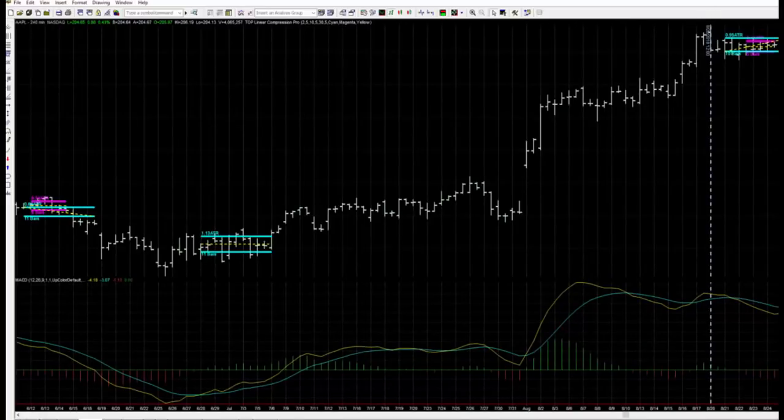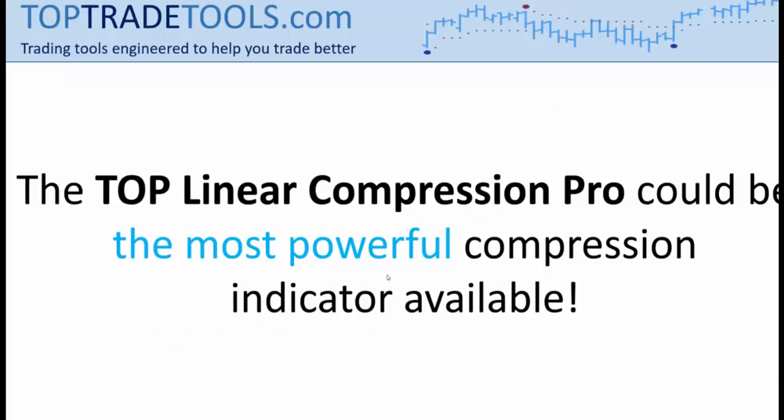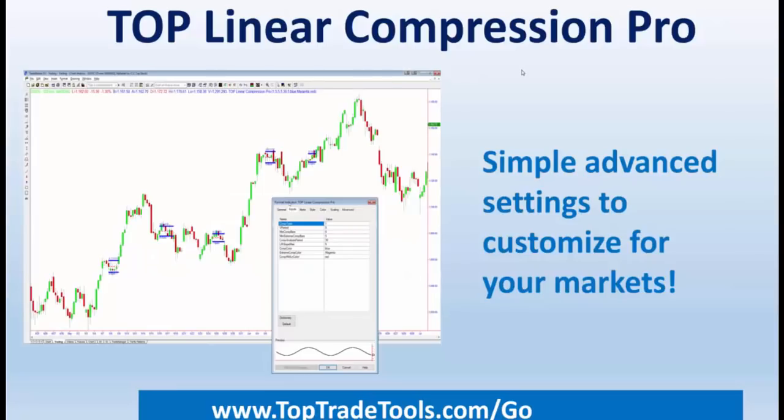All right, so let me go ahead and tell you, I've got a couple of people asking, how do you, or is this available on different platforms? Let me go ahead and answer that. So the top linear compression